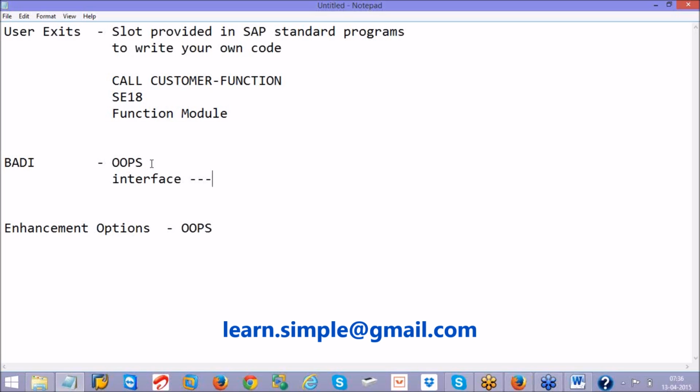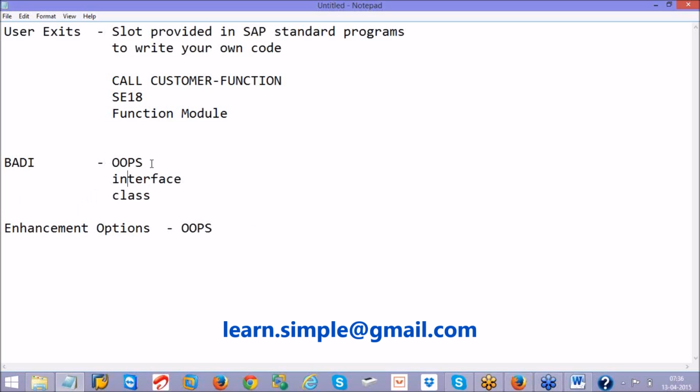Some kind of the same scenario SAP is trying to do here. So SAP is creating an interface, and the implementation, whatever code you are writing, you will write inside the class methods. So the implementation is a class.